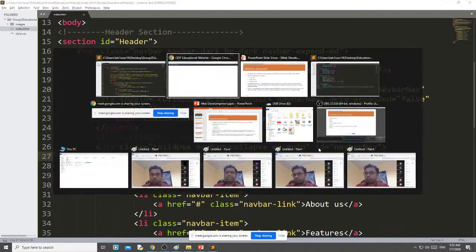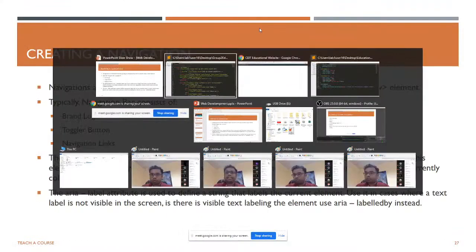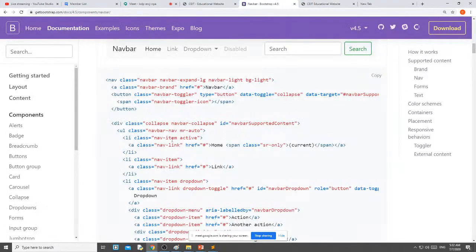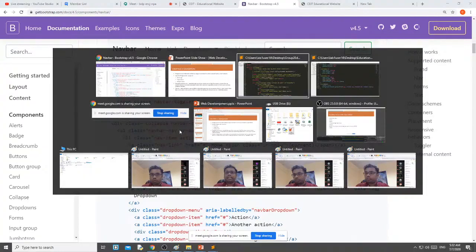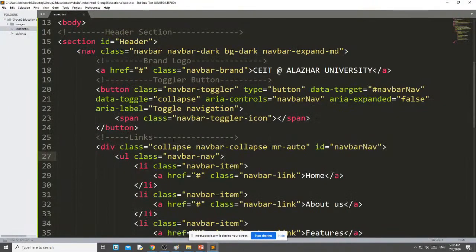Navbar, then just a minute. Navbar-nav, okay, navbar-nav mr-auto. That mr-auto will be in that here.